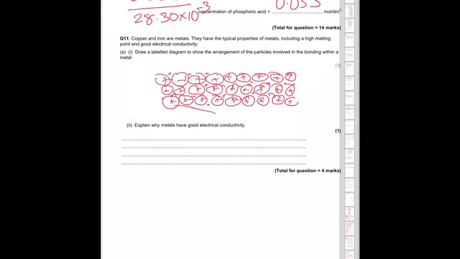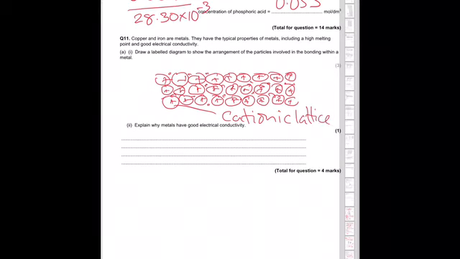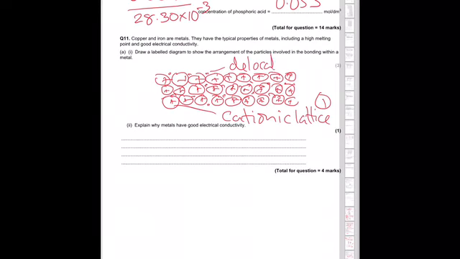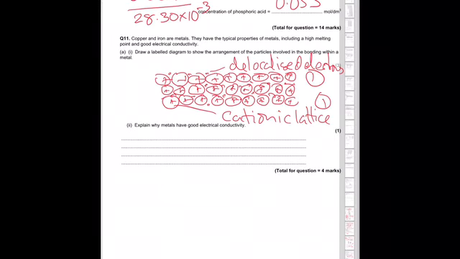Okay. So you need the cationic lattice, or lattice of atoms, or positively charged ions. So I've got to put down cationic lattice. Okay, you've got your delocalized electrons labelled. That's also 1 mark. But you've also got to remember you've got roughly the same number of delocalized electrons to